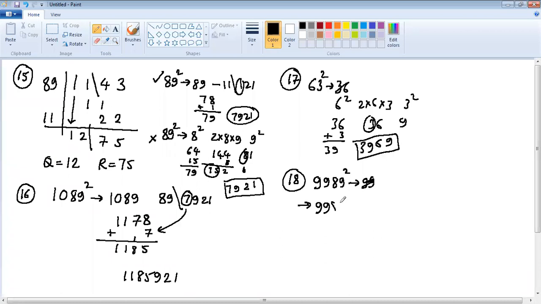First write number as it is. Next write difference. Difference you can just use all from 9, last from 10. Starting 9 you can ignore. 9 minus 8 is 1, last from 10. 11 square is 121. If you don't know, you just use 11 into 11 series of 1. Base will have 4 zeros, so 1 zero is required. 9 minus 1 is 8. 8 minus 1 is 7. 9 will remain as it is, and the right hand side 0, 1, 2, 1. 9978 0, 1, 2, 1.